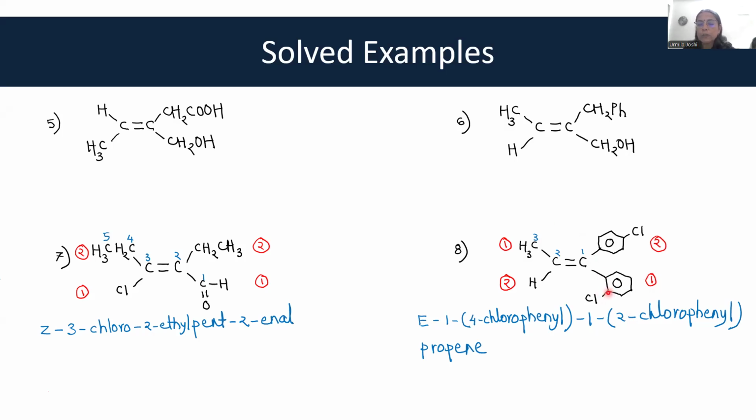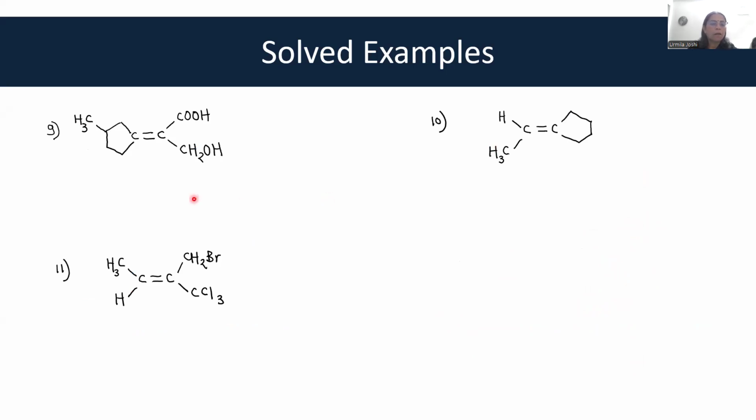So this is at 2 position, there is a chloro. Here at 2 position, there is no chloro. The chloro is present at 4 position, and therefore this gets priority over this. And so the nomenclature. I will not write the answers over here. Those who have difficulty can mail to me.